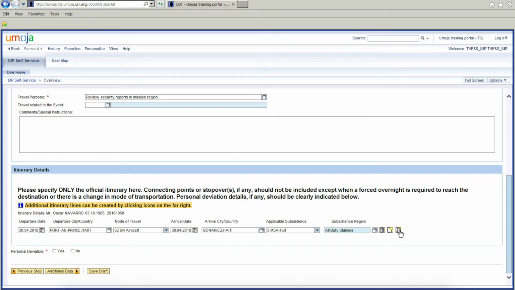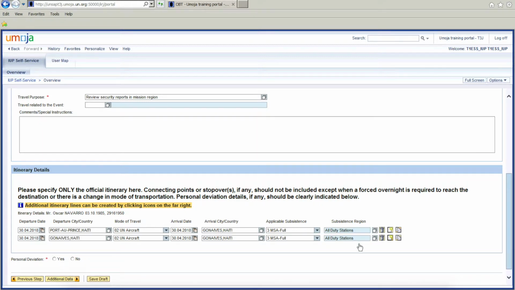Once you click on it, it'll give us a new line that is populated with the above information, but of course switching our departure cities. Of course, all we would have to do here is change our date, which in this case would be the 4th of May 2018, and we can move on to the departure city, which in this case would be correct,